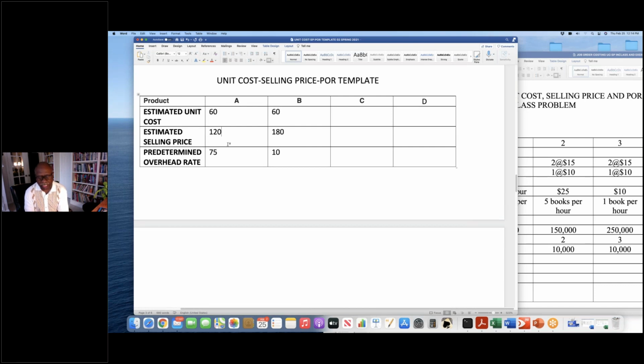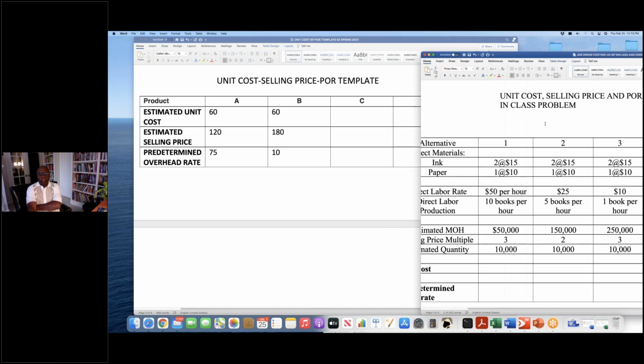You've got to get that right. You have the in-class problems so you can practice on them. For the teams that I didn't get to, I'll check the submissions. That's why the submission was in there, Miss Kayla, so that if I didn't get to a team that had submitted, I would count theirs. Now, your teams